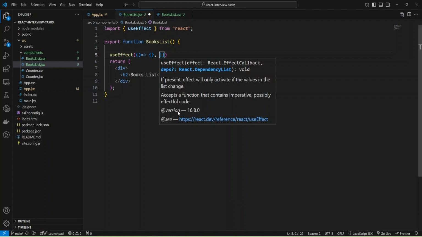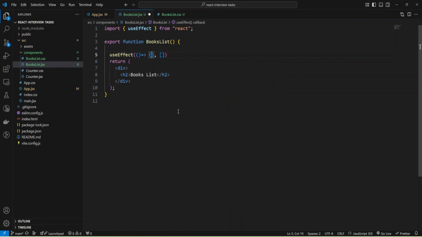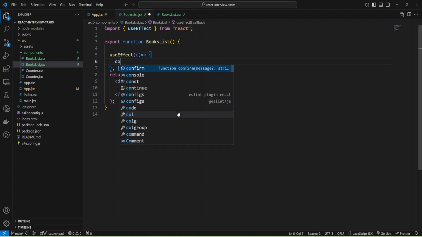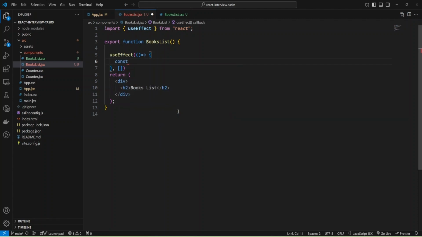So we'll call it only once, and now I can implement my function,